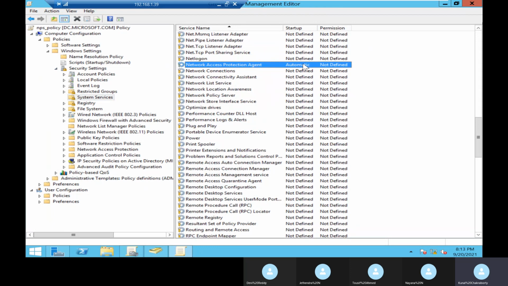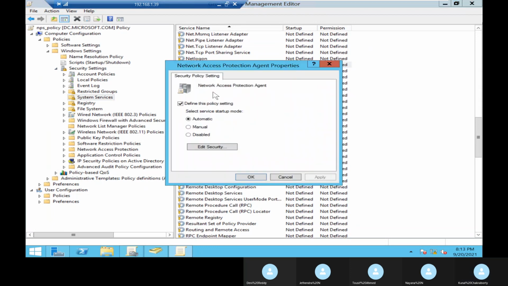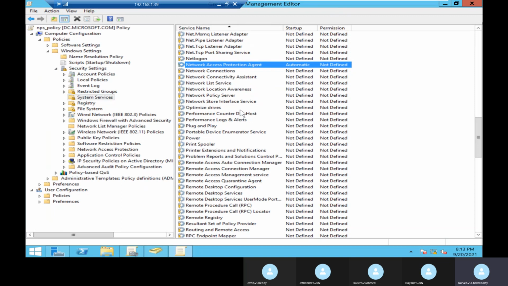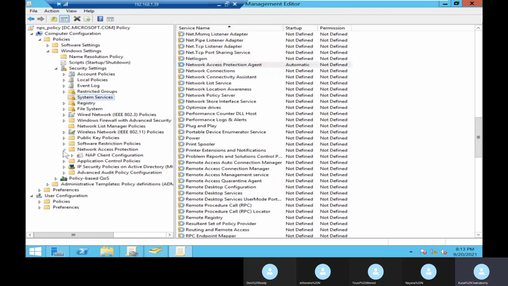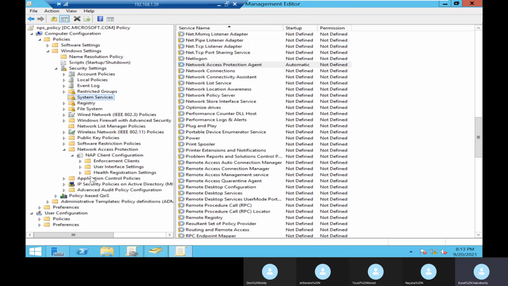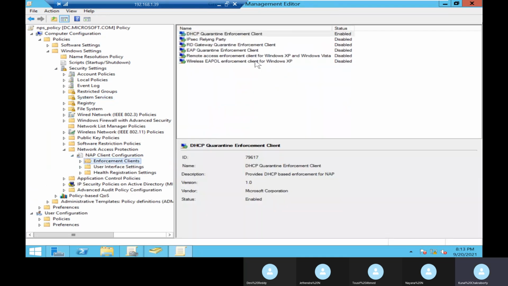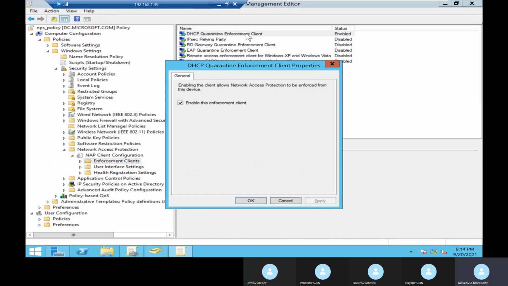This I need to make enabled and automatic. Second, we went to network access protection in the same log in under Windows settings, NAP client configuration. Under enforcement clients, we have gone to DHCP quarantine enforcement client. Here we have enabled it.